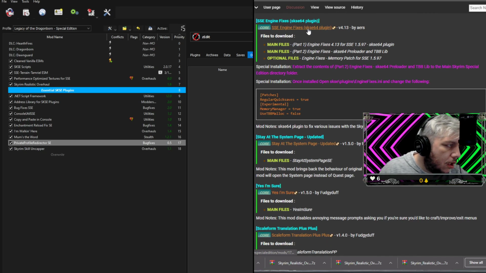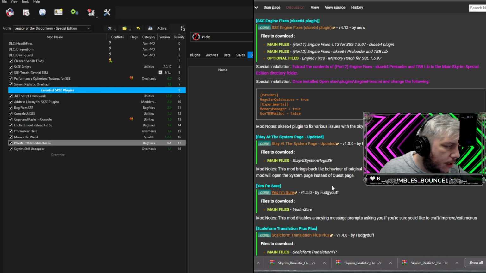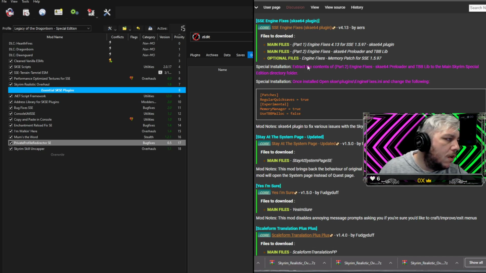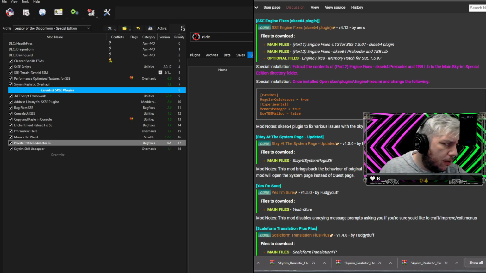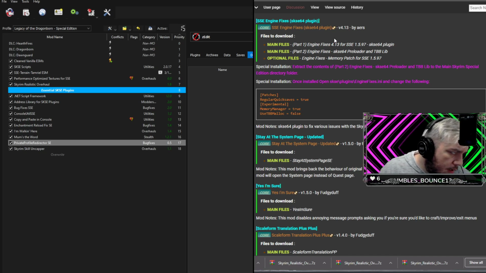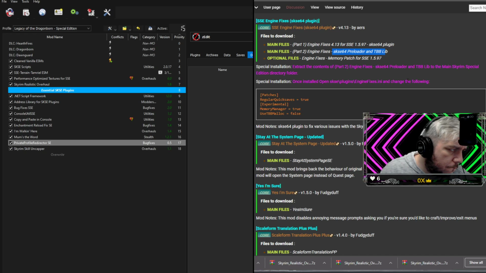Right click open. Here's some special instructions. That'll be fun. Stay at system page, right click open. Yes, I'm sure. Right click open and scale form translation ++. Right click open. So SSE engine fixes. We're going to download 1, 2, 3 files. The part 2 engine fixes goes into the main folder. And we're going to change some ini stuff. So,